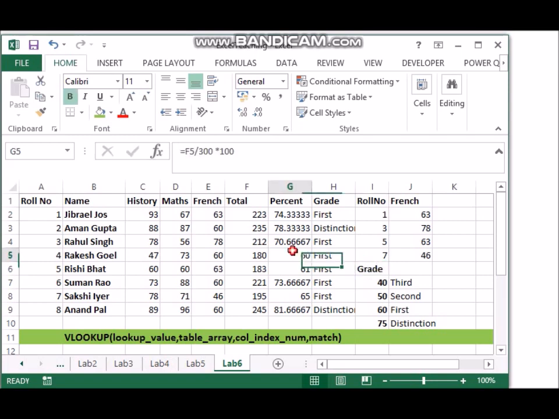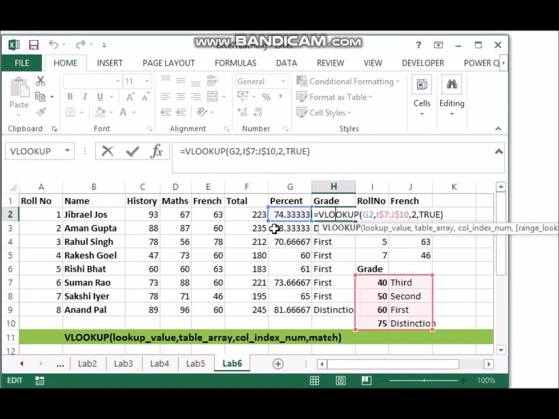So let's see this code again. This is similar to last time. We have a VLOOKUP function. We selected the percentage G2 and then we selected the red box, the grade. We set the column to be 2, and the only difference here is last time we had set false, here we have set true.